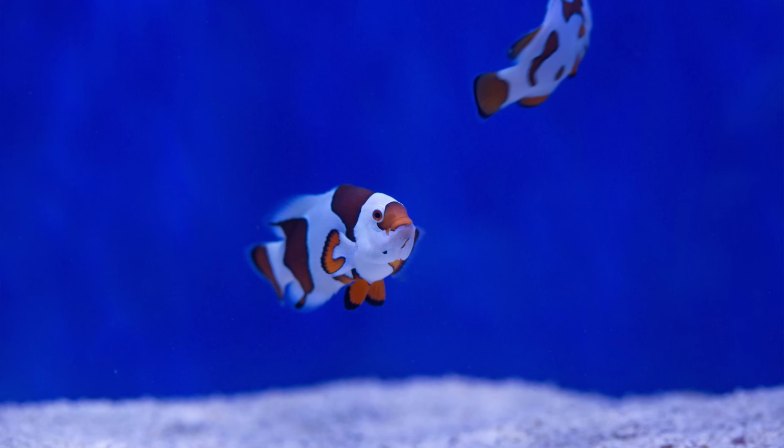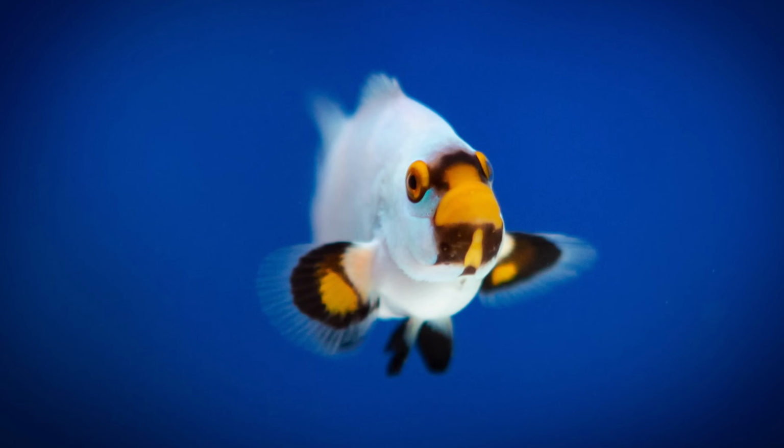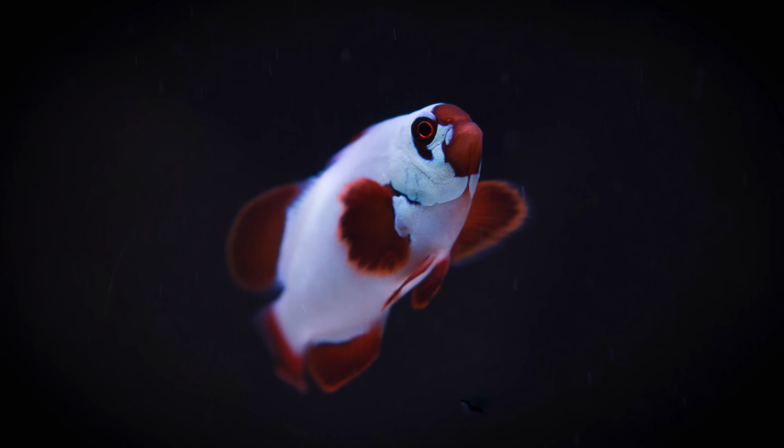Now, Dave has been getting in some absolutely cracking clownfish of late, and some of the ones like the mocha storms he's had in, even some of the all white ones, some of the lightnings, some of the snowflakes, some of the onyxes, you name it, there's been some cracking clownfish in. However, I have to admit, they've all been a little bit too fancy for me, and I kept looking back to the clownfish I had in my last display tank, which were straight up Picassos,